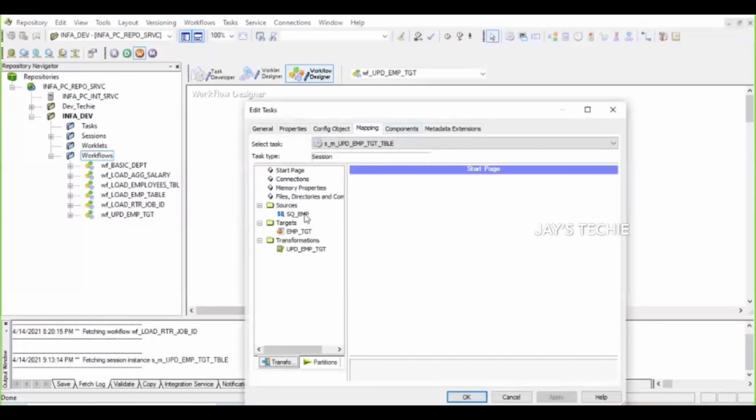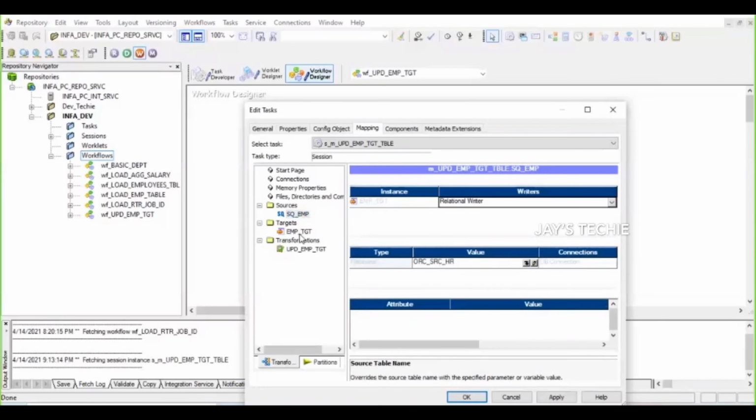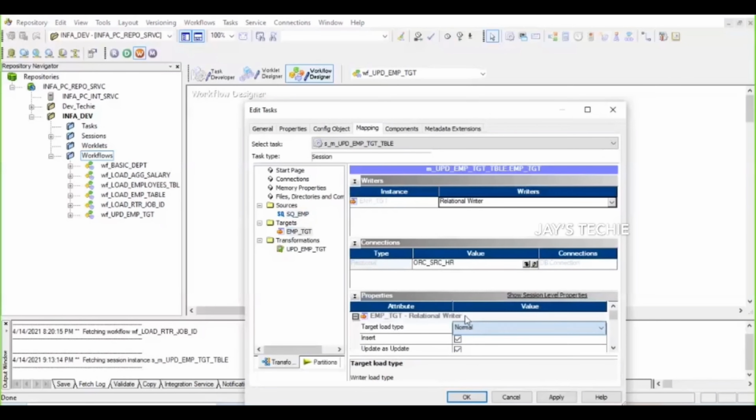You know that the owner name is HR, the user schema, the source table name is EMP, and then the target table. As I said before, go to normal, and since it is going to be an insert, remove update. This is the mapping level. Initially I said there is mapping level and session level. In the mapping level, I have given the insert option. You can see the update strategy. It has DD insert.